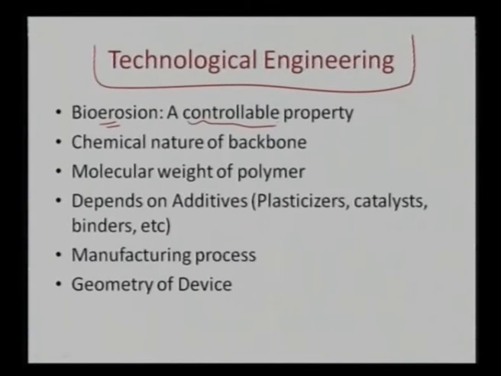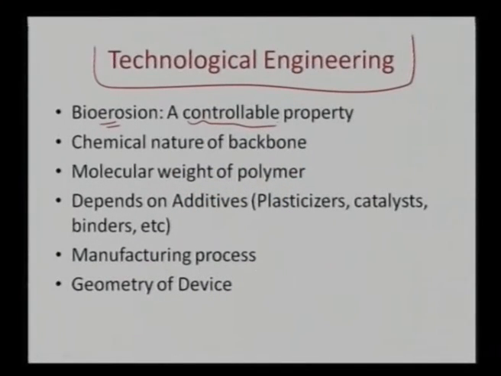The bioerosion can be easily controlled depending on the overall backbone, the kind of enzymatic action which is plausible, or the overall hydrophobicity of the material, and even when we have a particular hydrophobicity, if we can alter the structure or the morphology of it, or by how we process the material, so it becomes a very controllable property. So it is dependent on the overall chemical nature of the backbone. So if we can alter the backbone, we can again control the bioerosion. By changing the molecular weight of the polymer, we can again have much control on the bioerosion.